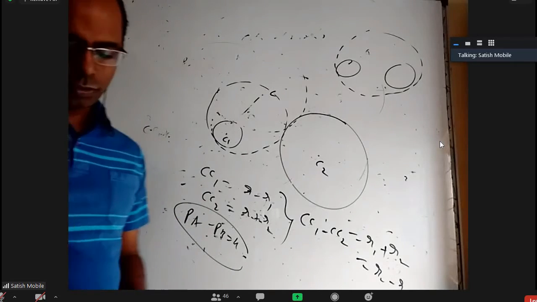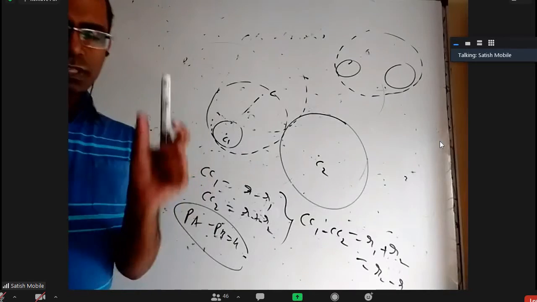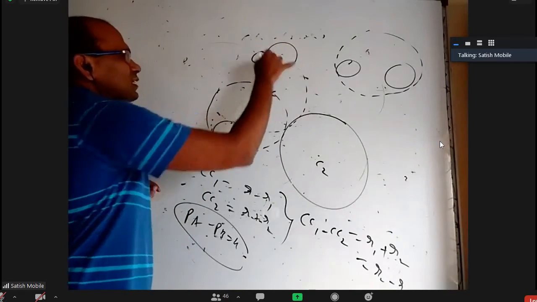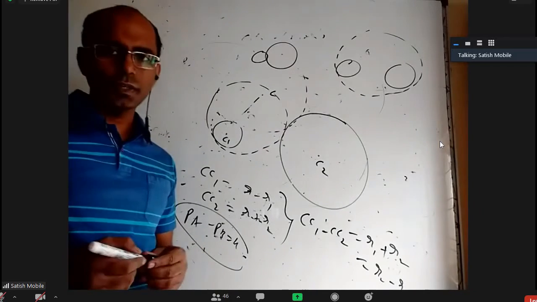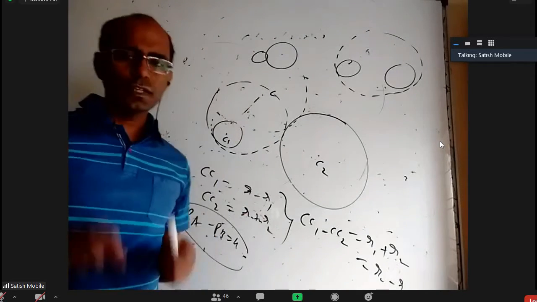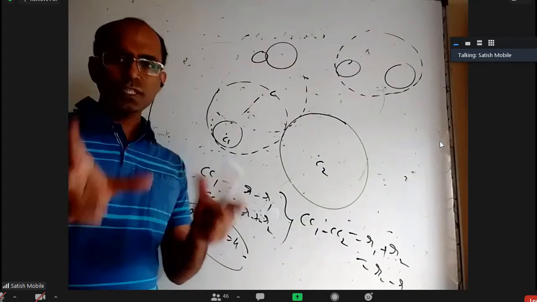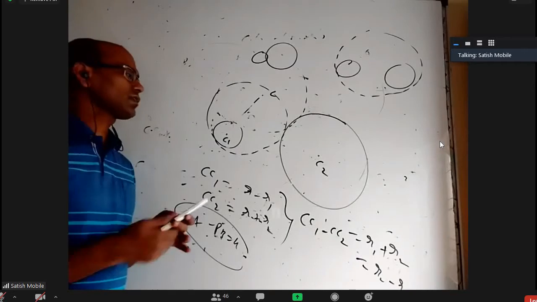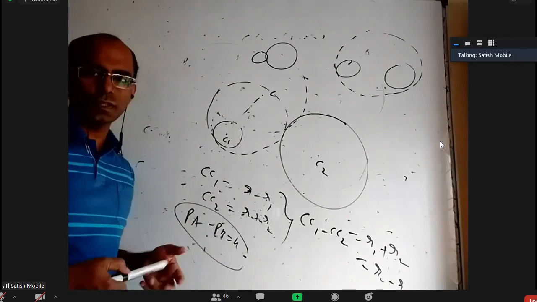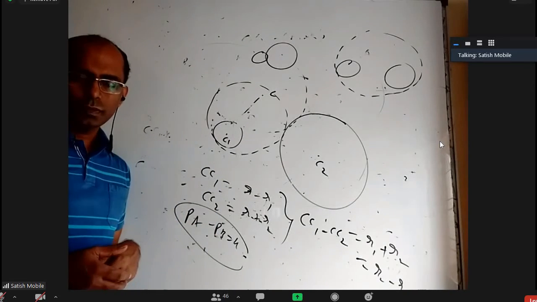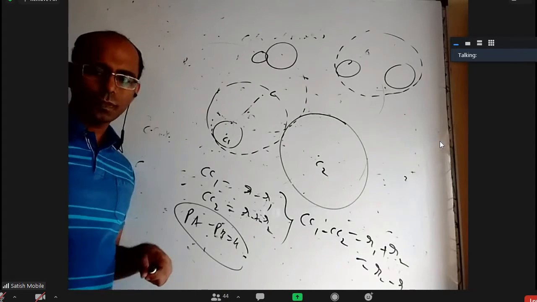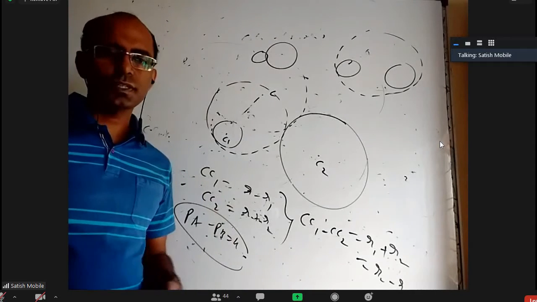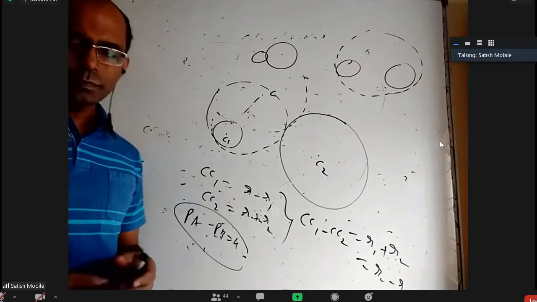The point that I want to impress upon you is the simple thing that we learned: whenever two circles are touching externally, the distance between the centers is the sum of the radii. Whenever they're touching internally, the distance between the centers is the difference of the radii. Just two small things, and we are able to tell the locus of the center of a circle touching both the given circles internally or externally is an ellipse or hyperbola. You don't have to assume that the point is x comma y and do calculations, it is just theoretical. Is that okay?